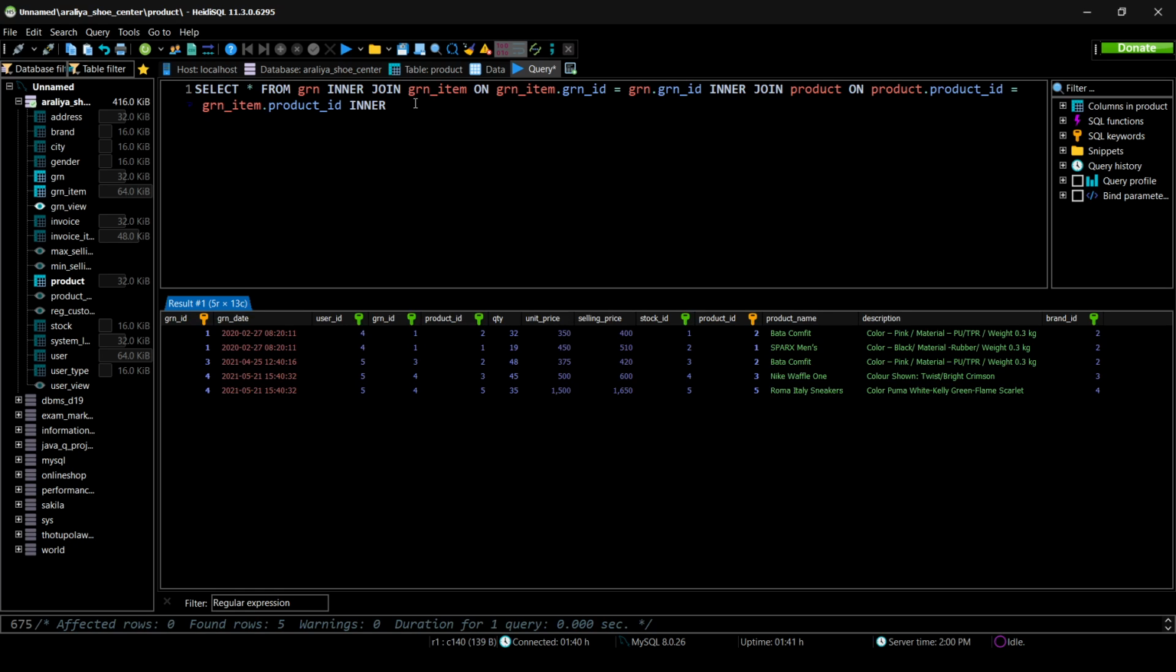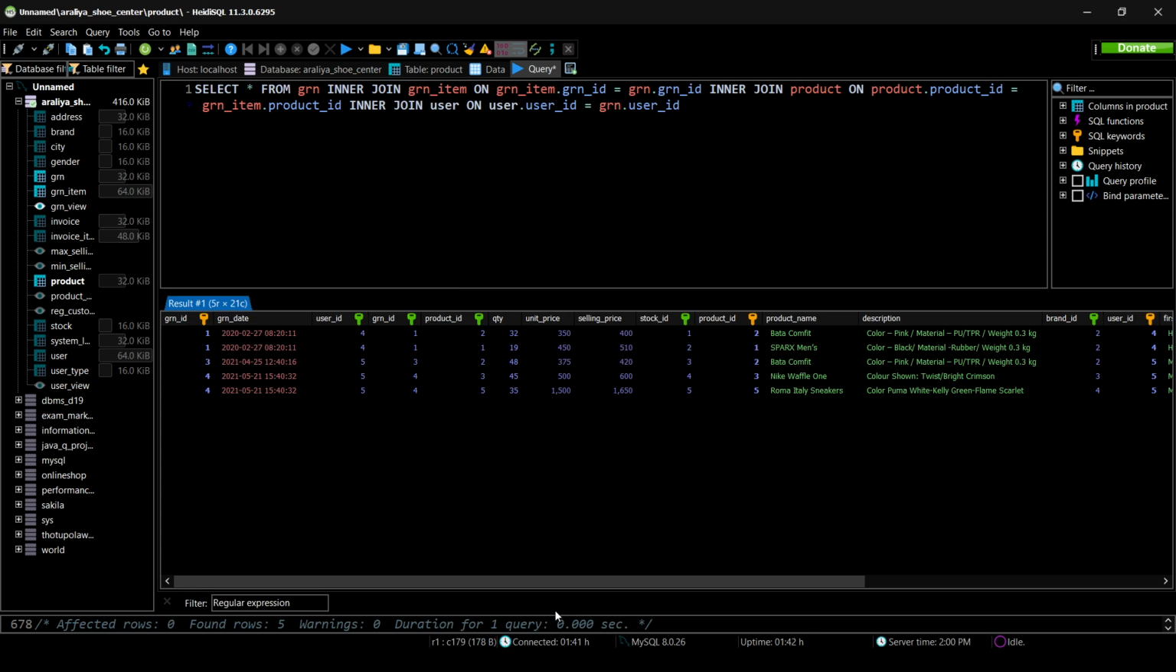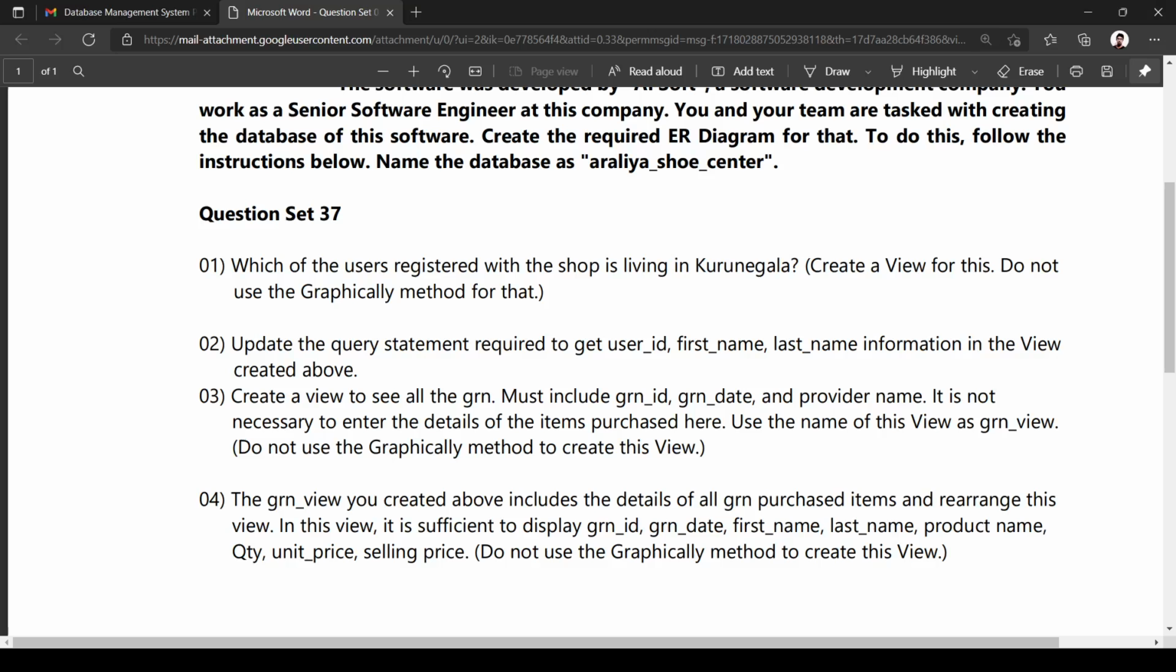There's only one table left to join. Inner join user table on users ID should equal to the user's ID in the GRN table. Okay, and these are the details of the four tables. And now we can specify the details. We only need